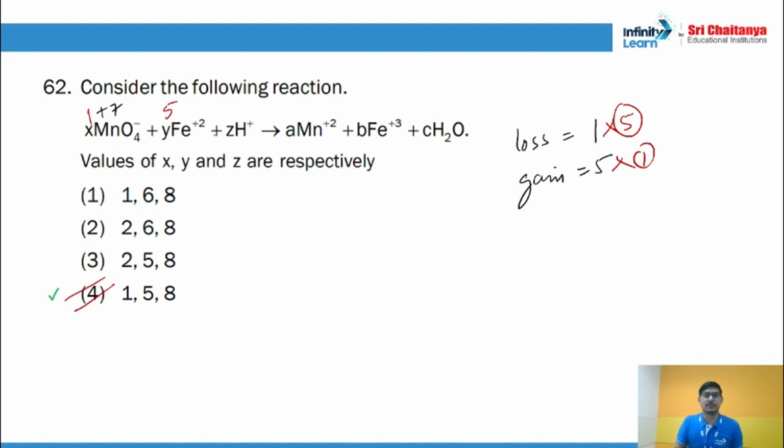Okay, but I'll tell you the complete balancing. So 1 permanganate, 5 ferrous ion over here. Now then we balance the oxygen because here we have 4 oxygen atoms. So they should be 4. C should be 4. Alright guys. And because C is 4, so how many hydrogen on the product side? 8. So obviously hydrogen atoms must also be balanced. So the value of Z is 8. So this becomes our correct answer.